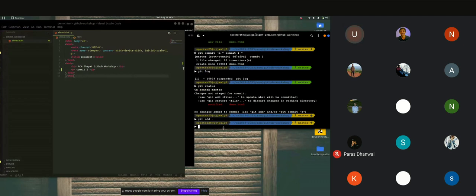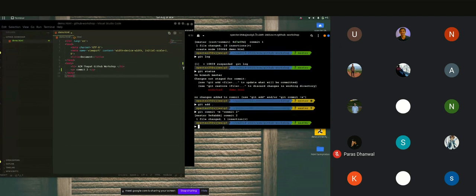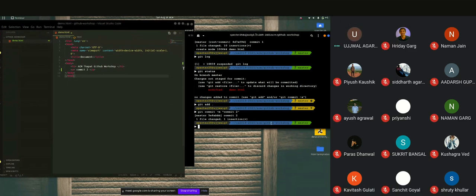We added it into the staging area and we committed that change. These are the basics of Git. We will just finish it within half an hour and we will then move on to the next part.